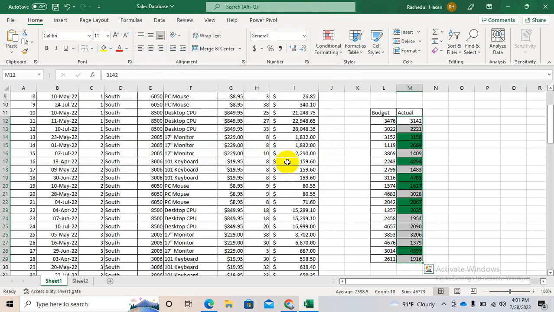Okay. Now we can see here this value is greater than this value, that's why we use green color. This value is greater than this value, green color. This value is greater than this value, that's why green. So we can use any form